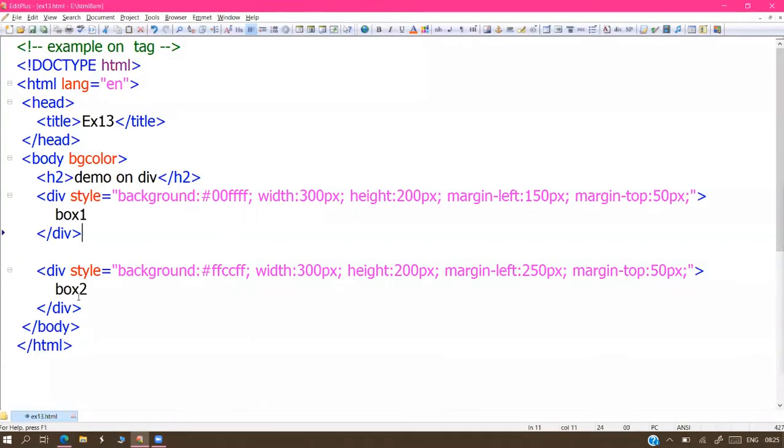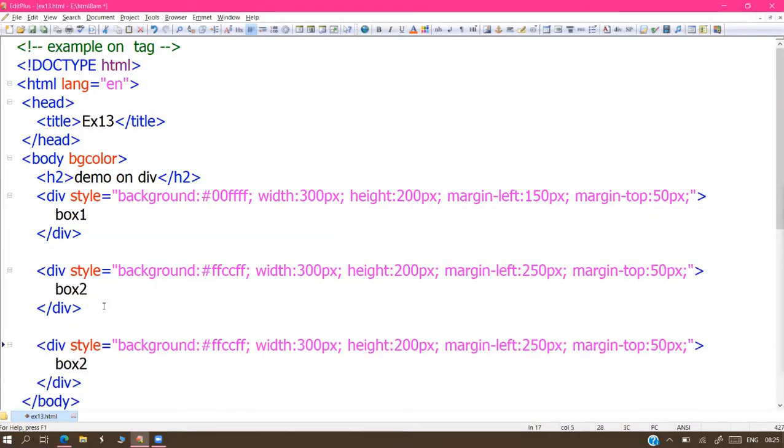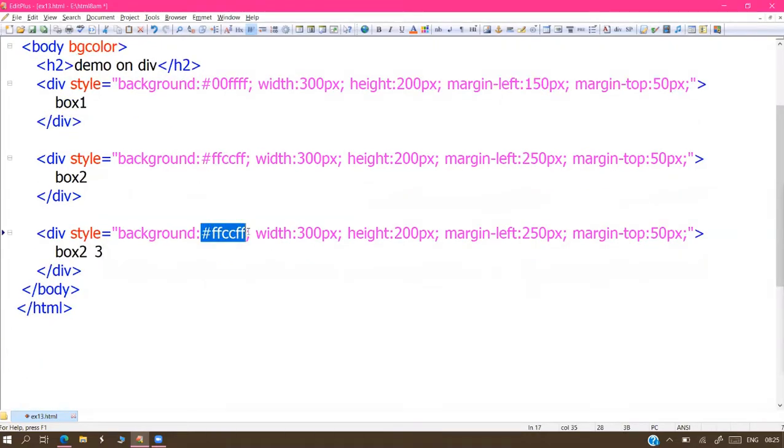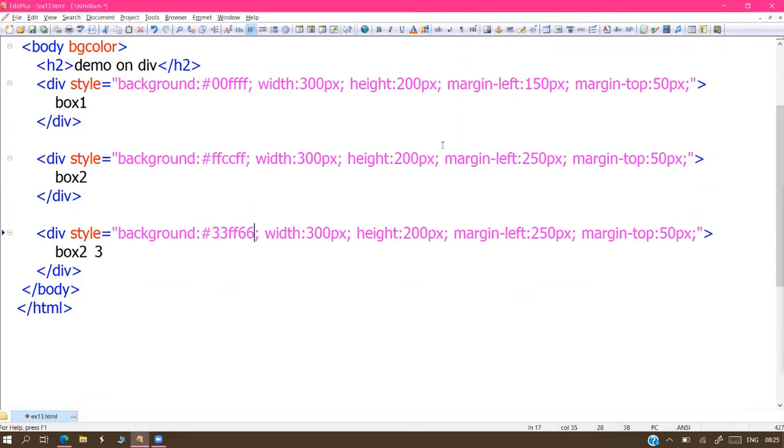Next, I want to place one more box, sir, in a particular location. Sure, it's not a problem. Change the color. Why are you changing the color, sir? No reason, sir, just like that. And what are the measurements, sir? Left measurement 450 pixels, top measurement 150 pixels.